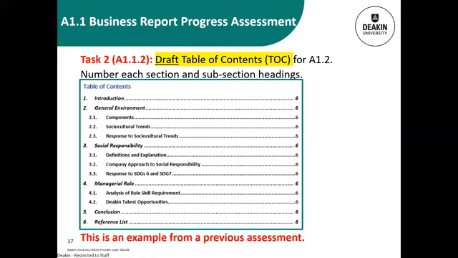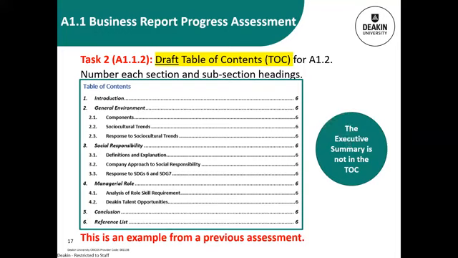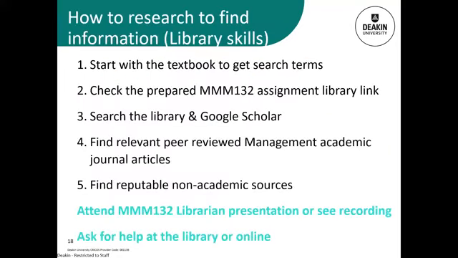There's no executive summary because that comes before the introduction in the report, so you don't need to include it here. And you'll see it has some page numbers, and when you go to do your draft table of contents, you wouldn't have written your report, so you won't know what those page numbers are, but it's a good idea to put them in just to signal to the marker that you are aware that the format for a table of contents is to include page numbers.